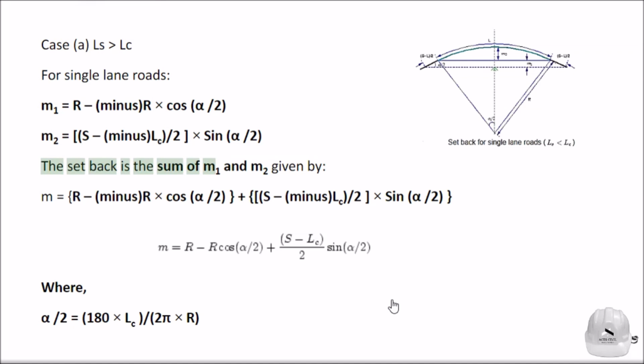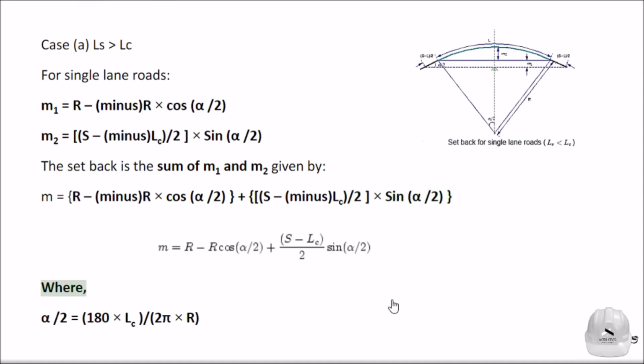The setback is the sum of m1 and m2 given by m equals R minus R times cos(alpha/2) plus ((S minus L_C)/2) times sin(alpha/2),